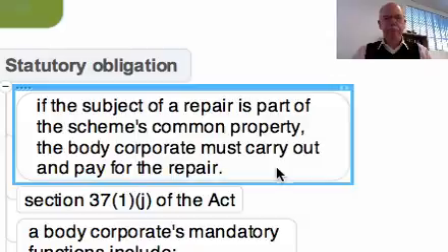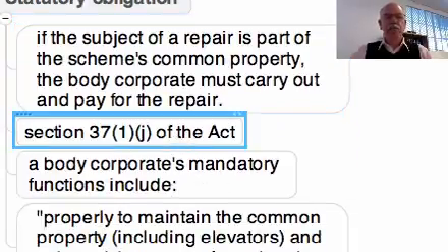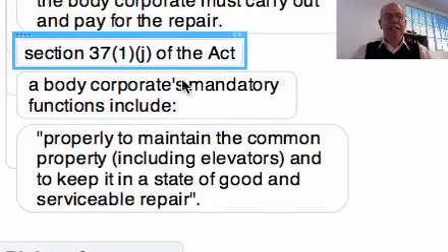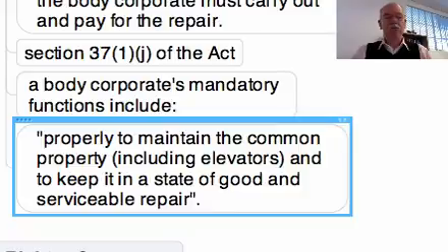If the subject of a repair is part of the scheme's common property, the body corporate must carry out and pay for the repair. Section 37(1)(j) of the Act says that a body corporate's mandatory functions include, this is important, properly to maintain the common property, including elevators, lifts, and keep it in a state of good and serviceable repair. That's an unqualified obligation. The body corporate must look after, maintain and repair, replace where necessary, all parts of the